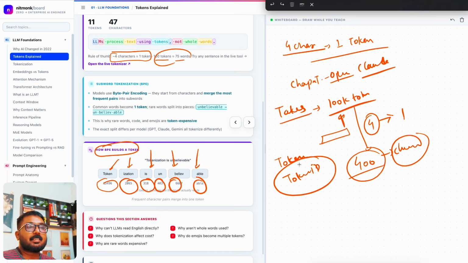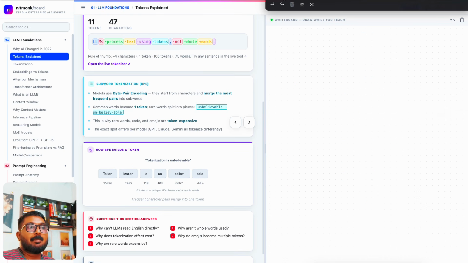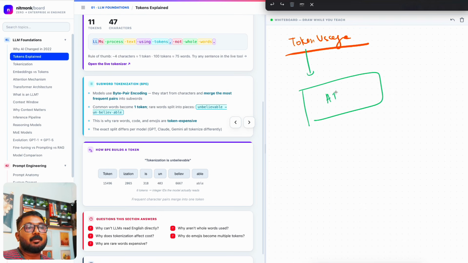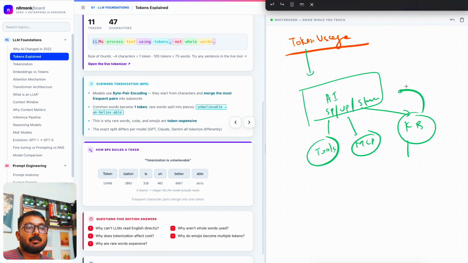Correct. So always try to think in terms of tokens. Once you think in terms of tokens, then you will have the ability to think in terms of token usage, right? Because that is a major, bigger problem that AI agent engineers are trying to solve. Once you understand token usage, then you will start talking in terms of AI agent, system prompt, visual prompt, or let's say skills that you're going to get, or the tools that you're going to connect, correct? Or let's say the MCP that you're going to communicate with, or your knowledge base that you're going to add, or the retrieval mechanism that you're going to apply. All this becomes really important, because